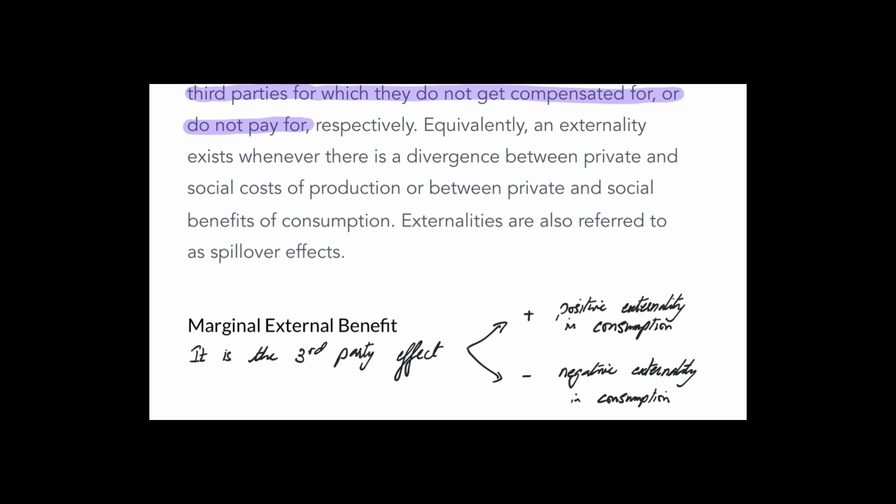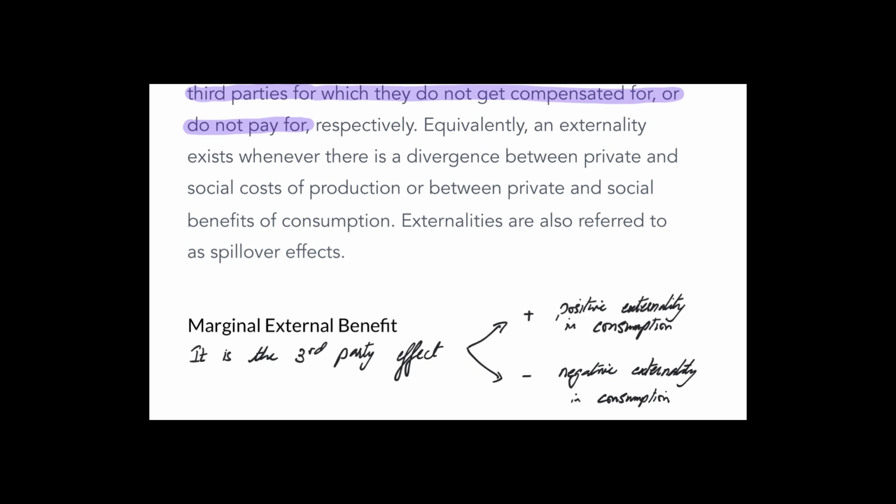Some of you might get an idea what we're talking about. We're talking about merit and demerit goods. Merit goods have a third party advantage. Completely unrelated, but they are getting a benefit out of it, like healthcare, education. You pay, right now we're in a pandemic. You pay for the mask, you wear the mask, you are protected. That's your private benefit. The third party benefit is that, because of the transaction between you and the producer, a layman third party in society is not going to get the virus. Why? Because you were wearing the mask probably. So they do not get affected. So that's actually a merit good.